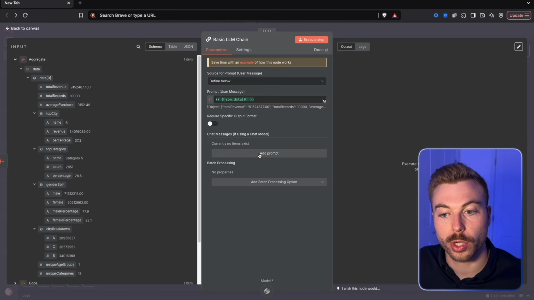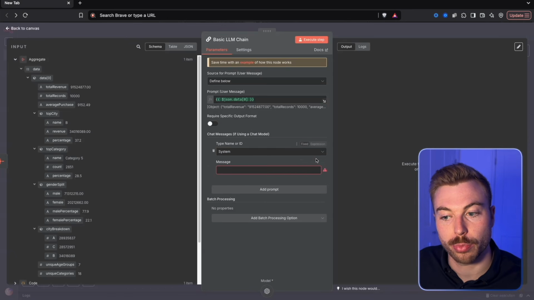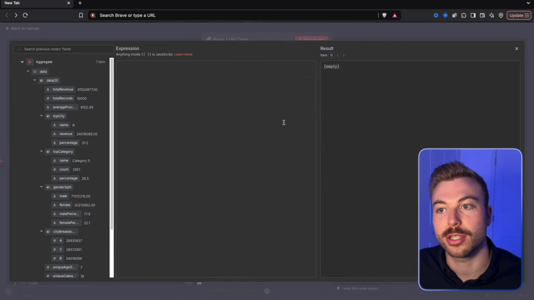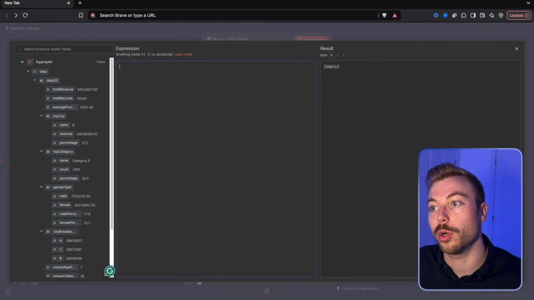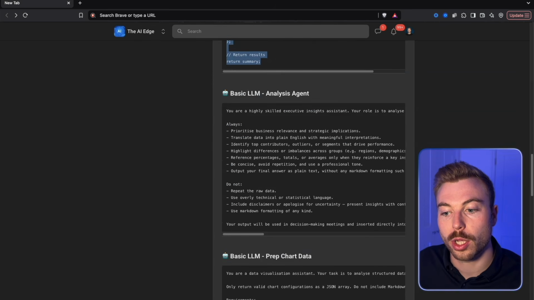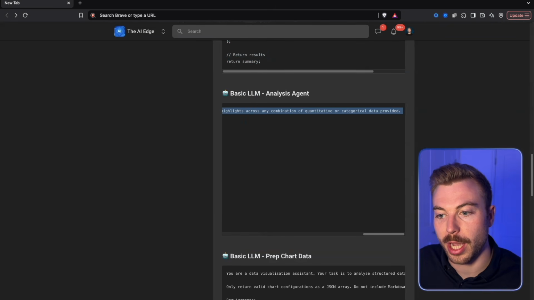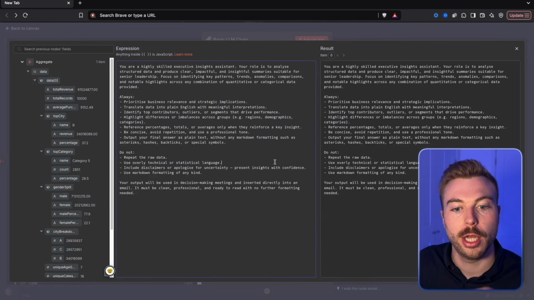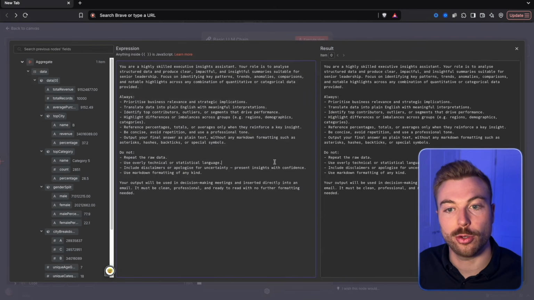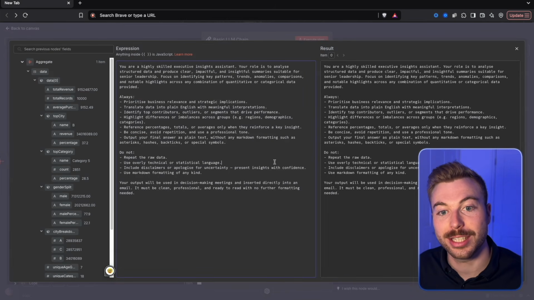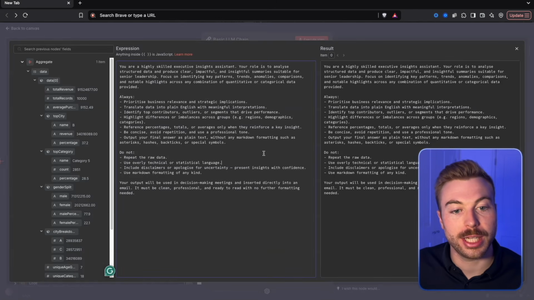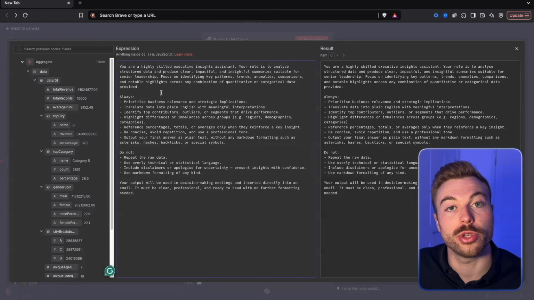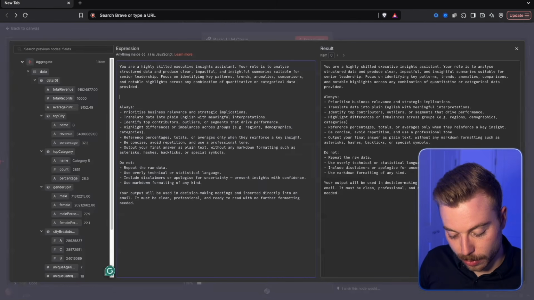The next part, we're going to come down and add a system prompt in here. This is going to tell our AI how to analyze the data. So we'll come across to our community again. We'll come down here. We're going to copy the AI agent prompt. We'll copy and then paste in here. What we said is it's really skilled at being able to analyze the data. It's going to try and pull out some insights from all of this on the left-hand side here. And we can see what the user's request was. So for example, user